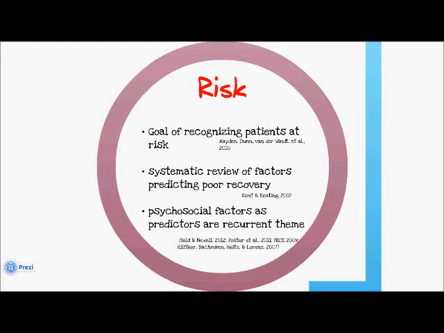In 2008, Kent and Keating systematically reviewed the factors that predicted poor recovery from recent onset of non-specific low back pain. They found uncertainty around which factors are associated with particular outcomes, the strength of the associations, and the extent of confounding between prognostic factors. Despite this, in general, research suggests that psychosocial factors are amongst the most important epidemiological factors